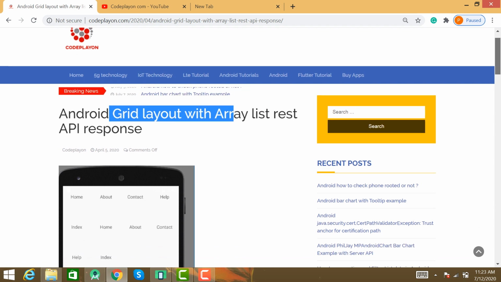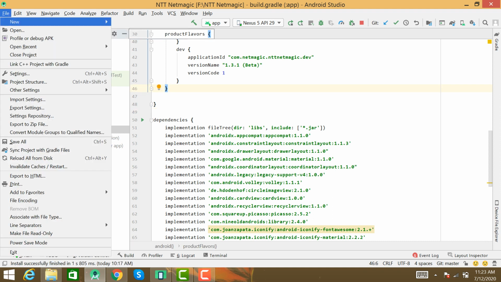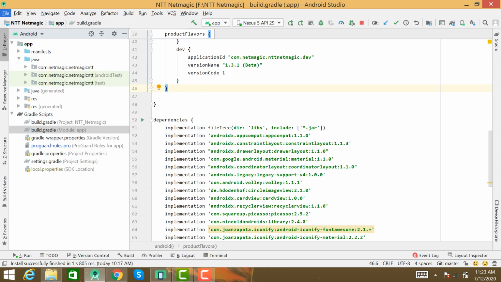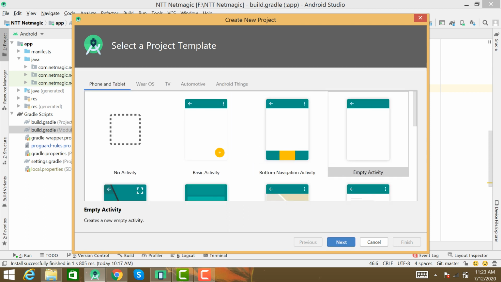So you can start your Android Studio and click on File. In File you can create a new Android project. Start your new Android project by selecting an empty activity.